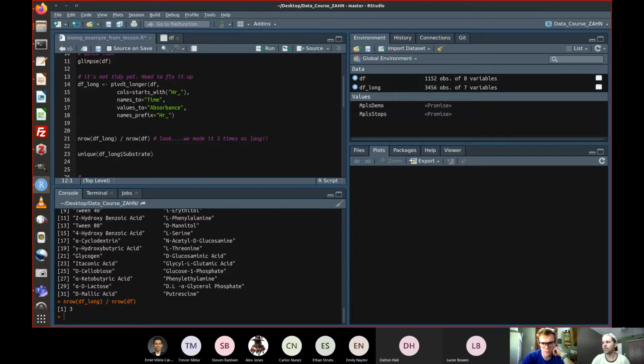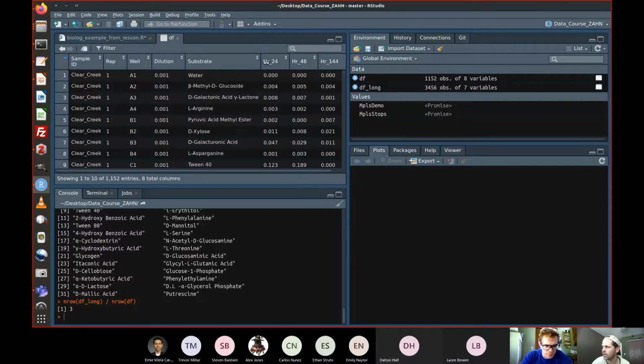All right, I want you to be real comfy with pivot longer. This is a very, very commonly used function. It used to be called gather, so in older code you may see gather, but it works the exact same way. This is because it makes sense to enter data like this,